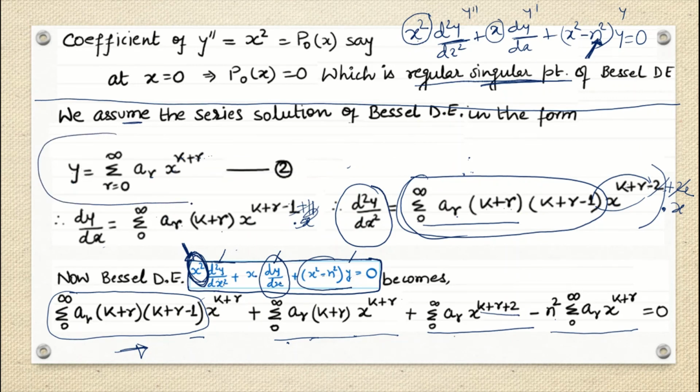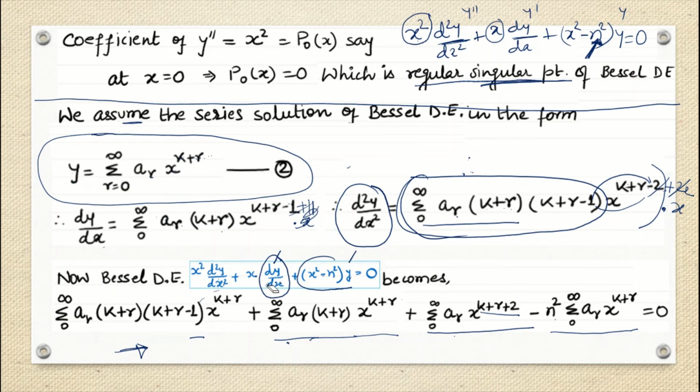This is only the series solution of what you are going to find out, y, as your Bessel differential equation. If it is your series solution, always keep in mind where you are putting this series solution: you are putting it in the Bessel equation, right? Because you have to find the Bessel differential equation with the help of series solution. The Bessel differential equation contains d2y by dx square, it contains dy by dx, and it contains y also. Y in the series form you have got, right?